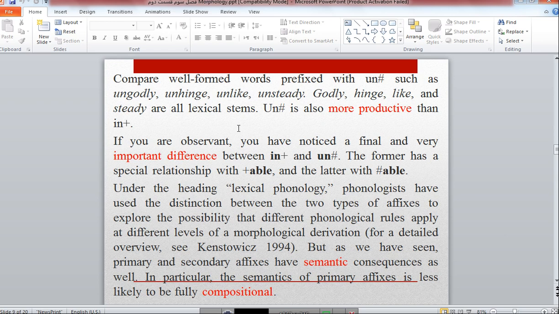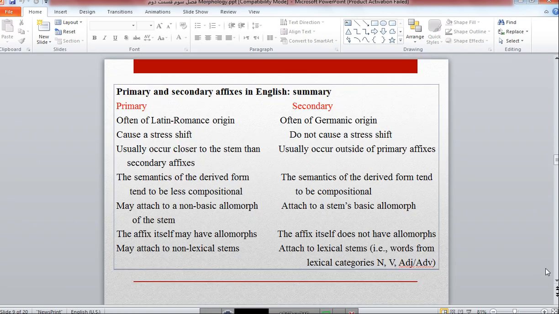But as we have seen, primary and secondary affixes have semantic consequences as well. In particular, the semantics of primary affixes is less likely to be fully compositional, and this is another difference between the primary affixes and the secondary affixes, I mean the suffix or the prefix. So these are the differences between primary affixes and the secondary affixes, including suffixes and prefixes, which we put, I mean, the summary of these differences in this box. As you see here,